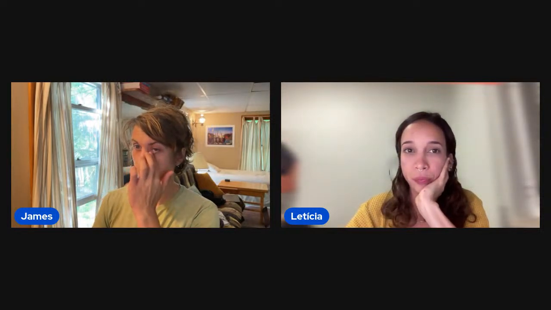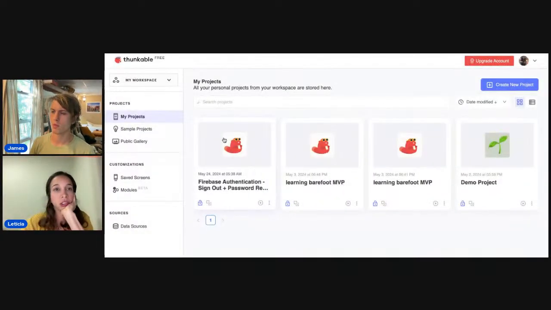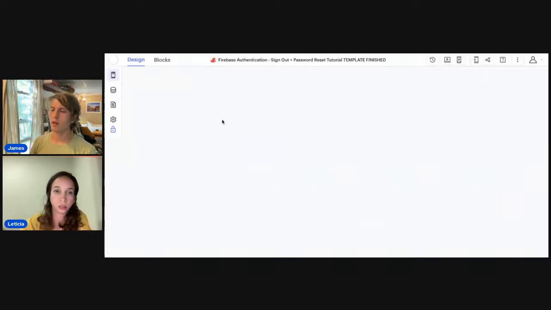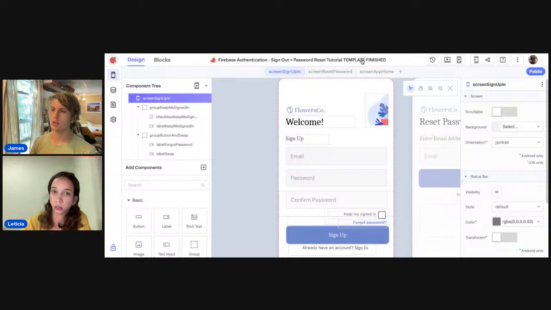Would you like to see straight ahead the Thunkable project? Yeah. That's the Firebase for Thunkable. Can you see? Yeah. Perfect. That's what we did last time in the live. I think we are going straight from here now, right? From the template. My finding with the sign in is it's just easier to start with that template than add in the sign in. I will rename it.